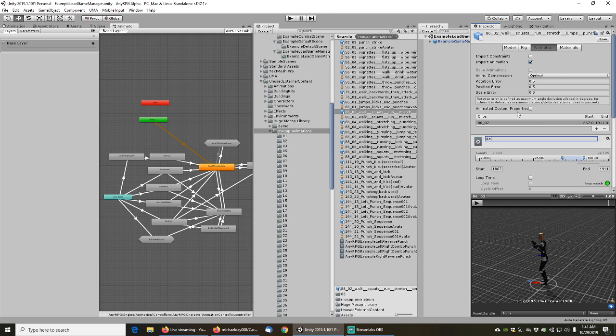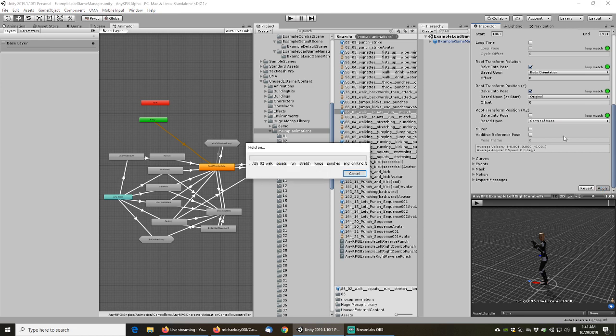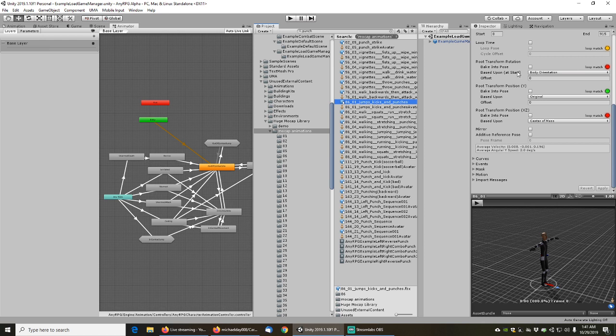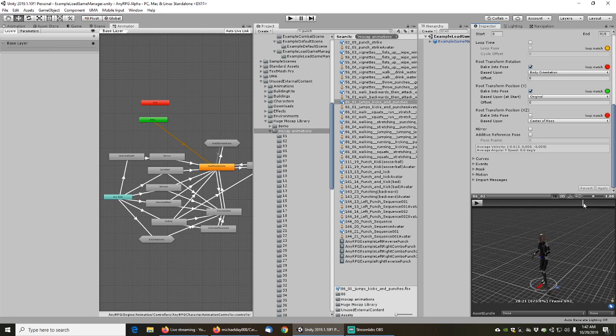So we will rename that AnyRPG left-right example. Left-right combo punch 3. Okay, and let's see what we got in this one. Jumping jacks. Nice, we got, I think,